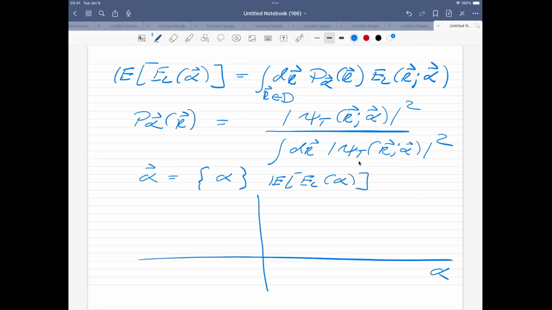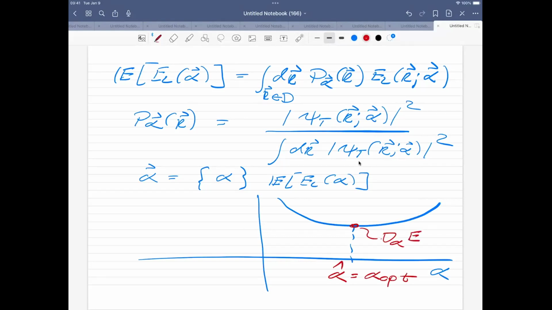In our case, we have only one here. And then you would get something like this. And this is a quantity which we will label with an alpha hat, which is also something we will sometimes call the alpha optimal. So when we have a hatted quantity, that is the optimal value. Now, at this point here, that is where the gradient with respect to alpha of the energy expectation value